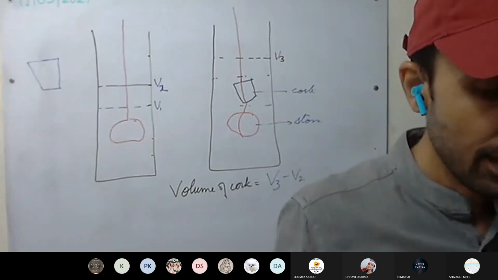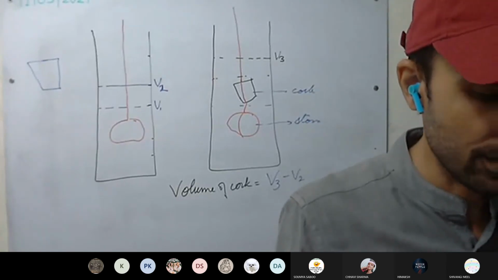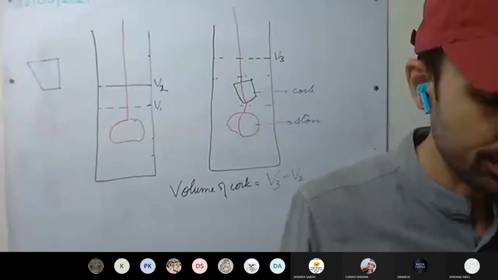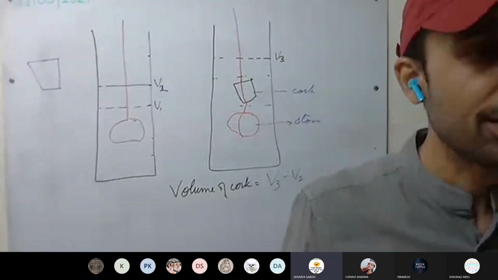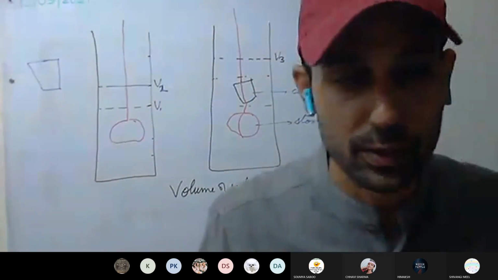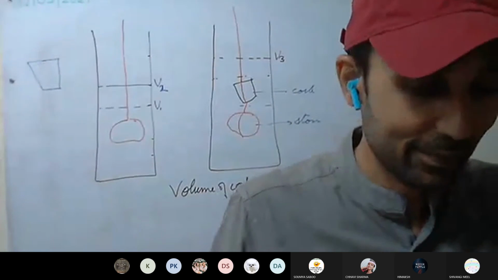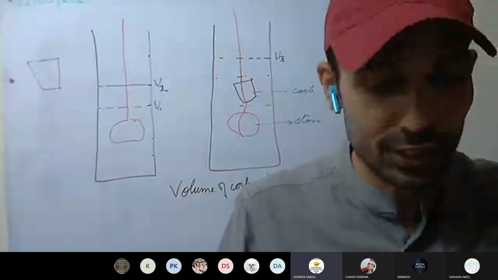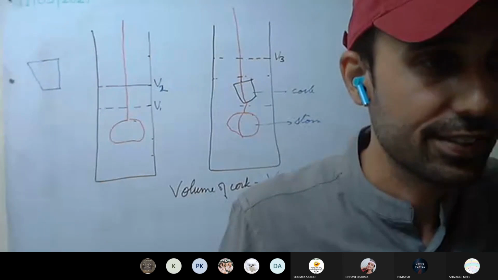Do study this one, and try to study as well the density of a liquid. How do we measure the density of a liquid? We are using one special bottle here. This chapter is very easy. It's very practical as well. You can do the practicals at home with a mug or something like that. Or if you have a measuring cylinder in the kitchen, you can use that one.